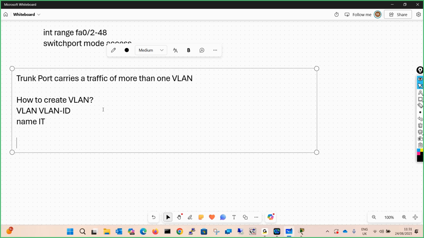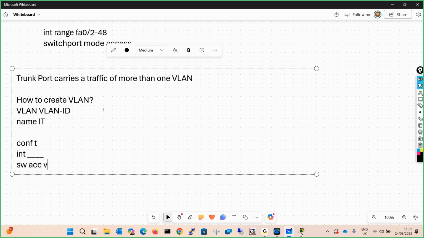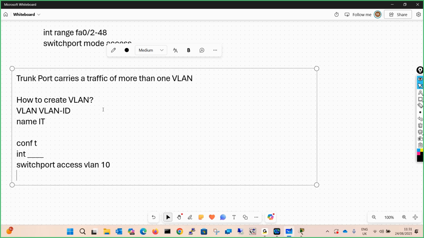Then, if you want to assign this VLAN, you have to go to configuration mode, go to the interface, and then say switchport access vlan, for example, 10. Let me write it fully for you: switchport access vlan. If you want this port to be an access port, you give the command switchport mode access.